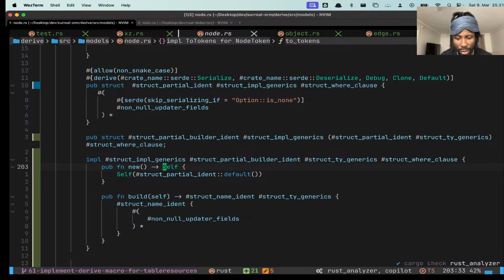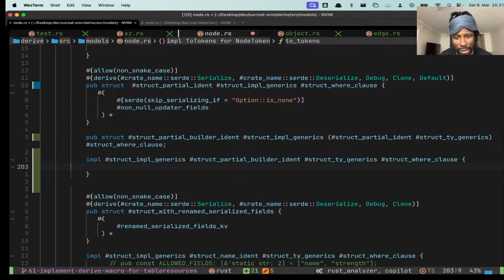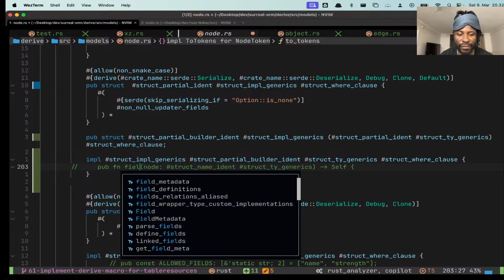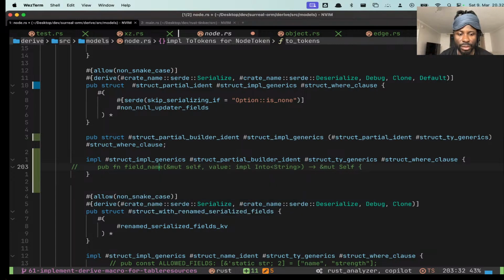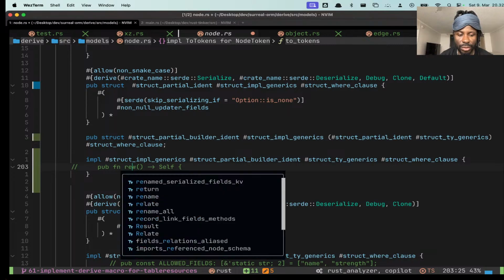So we can then take that type generics and the where clause. Now we can build the builder, and the way we're gonna build the builder is we're gonna do the access modifier function, then it's gonna be field, let's see, field name,